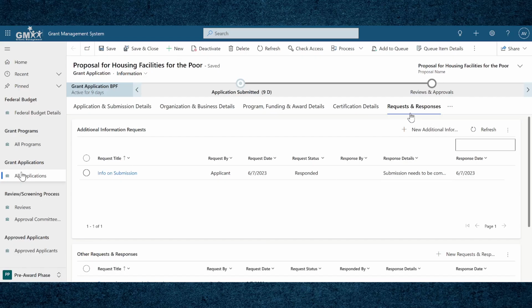The header of this form consists of 3 fields, that is the proposal name, which will automatically be updated based on the proposal form that you are in, and then the request title, which we have already filled in now. Then there's another field named request number, which is an auto number field, and this number is generated automatically. The additional information request form has 3 tabs, that is request details, response details, and document uploads. So let's start with the request details tab.